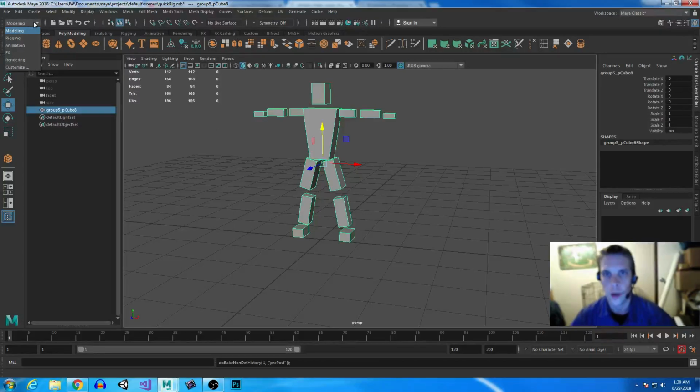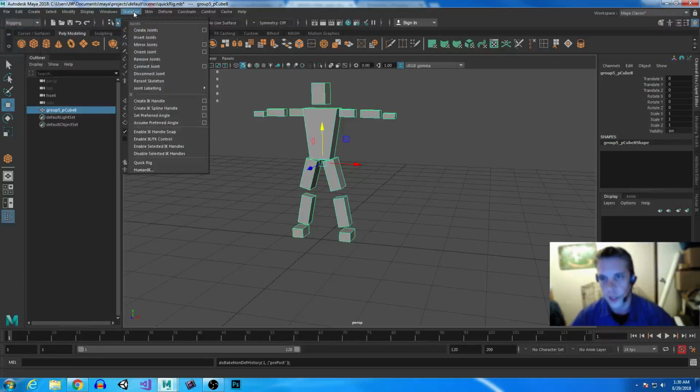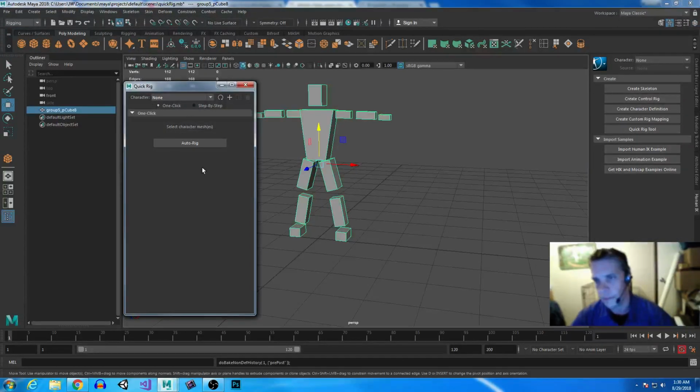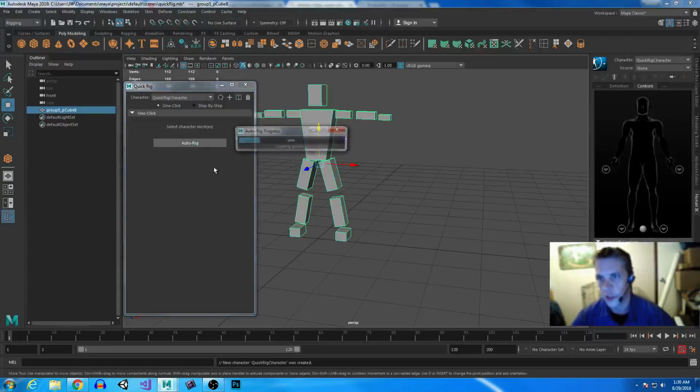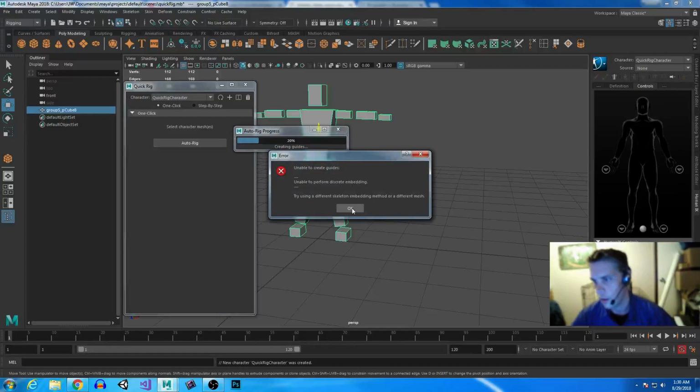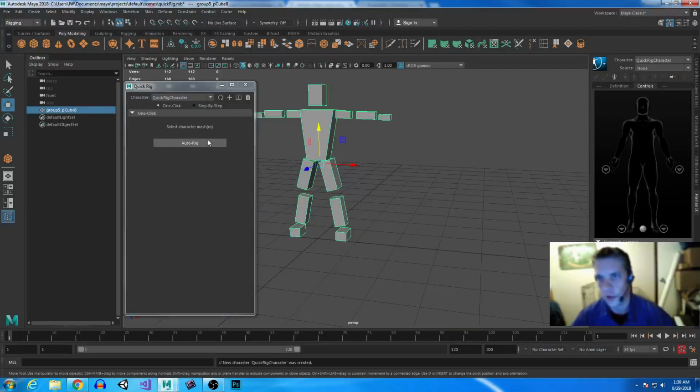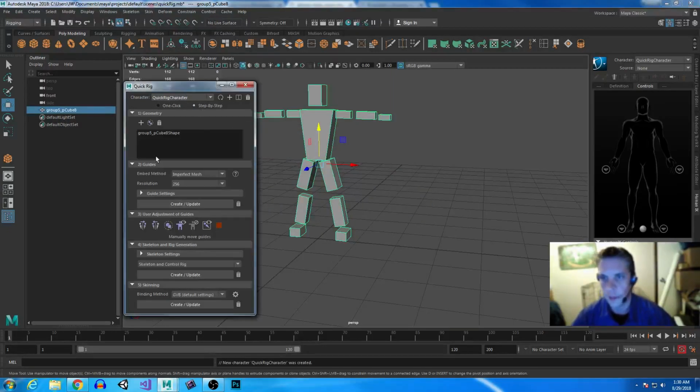From there, we can go over here to Rigging. We'll go up to Skeleton. We're just going to do a quick rig. Let's just do an auto rig. This is going to be way easier. Okay, that's no surprise. So we'll have to do it step by step. So we already have our T-pose in here, and we're going to do this with no embedding. We'll go ahead and hit Create Update,